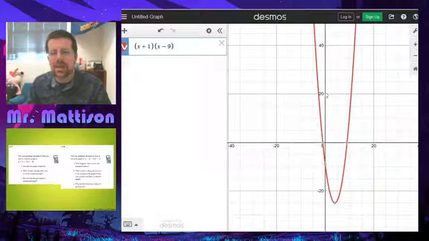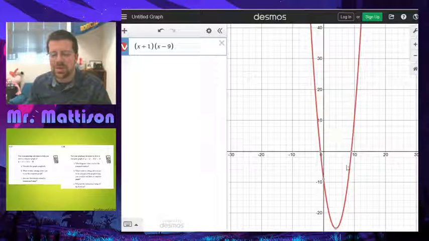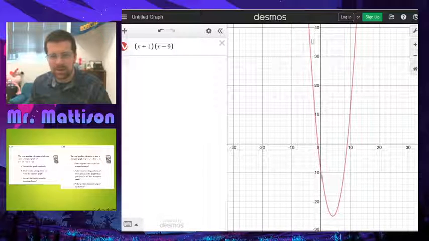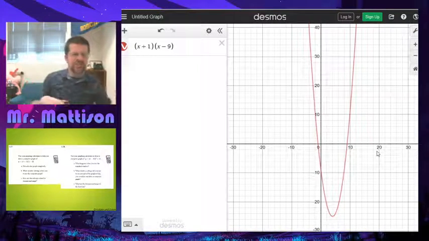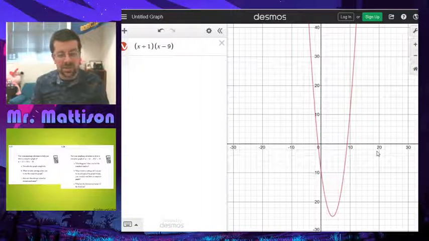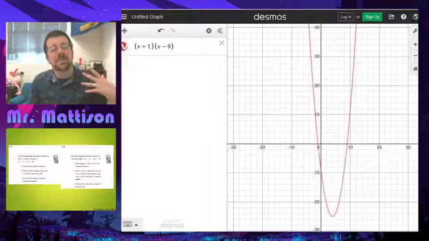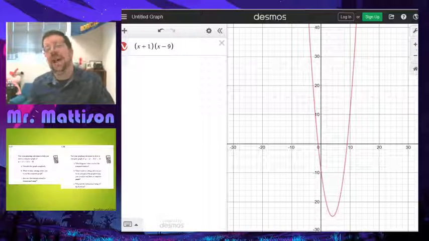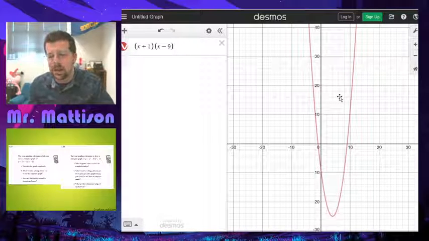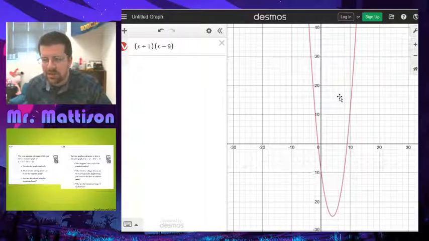So setting-wise, what I actually do here is set my window to like -30 to 40 for the range, and my current domain is like -30 to 30. So you're going to set your view window depending on what the domain and the range are for your particular graph. Again, this matters a little bit more if you're using a graphing calculator versus just being able to zoom in and out with this. And then number 28, we're going to do the same thing,